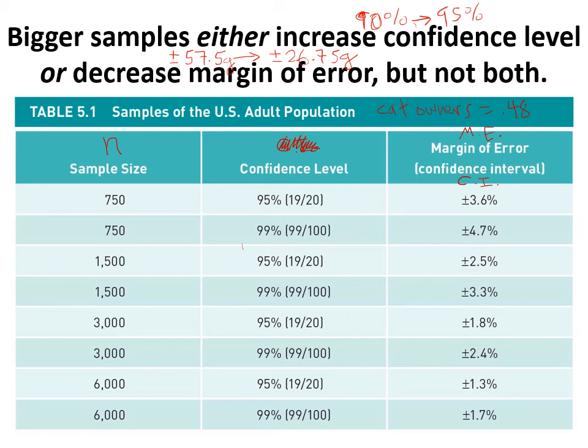But for cat owner, and there was a question like, are you a cat owner? Yes or no? Then 0.48 plus 3.6 puts us a little bit over, so what is that? That's like 51.6% to, I think,